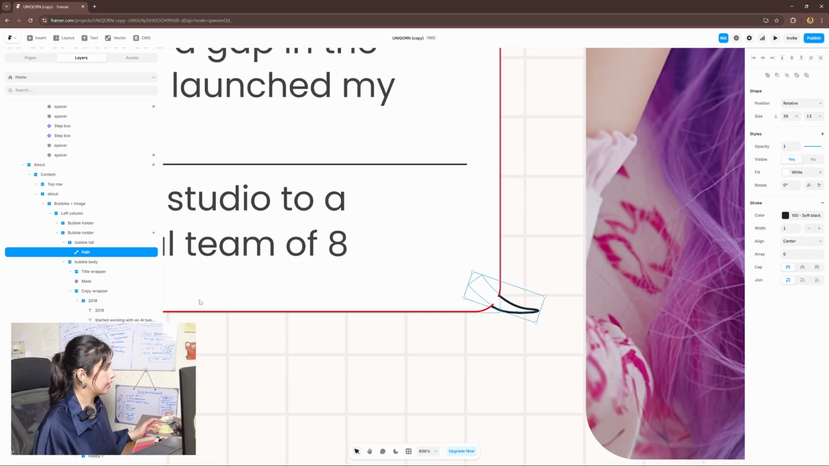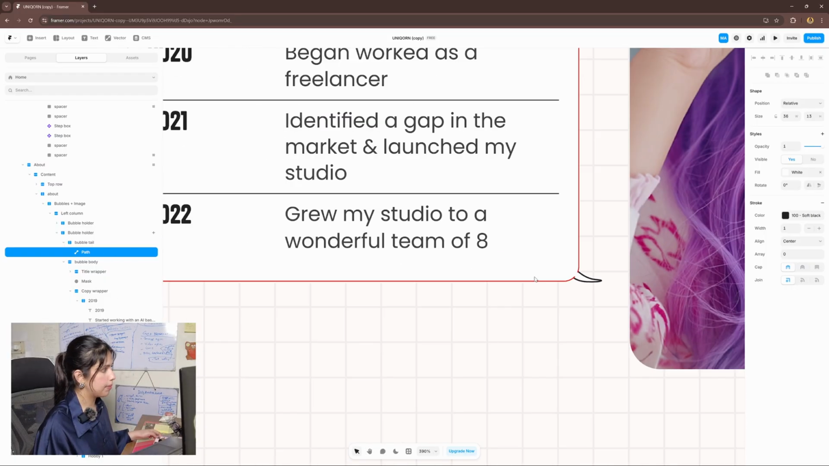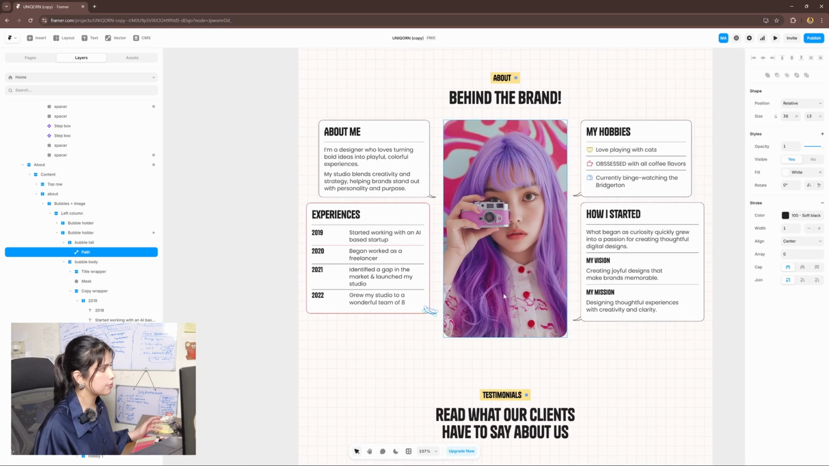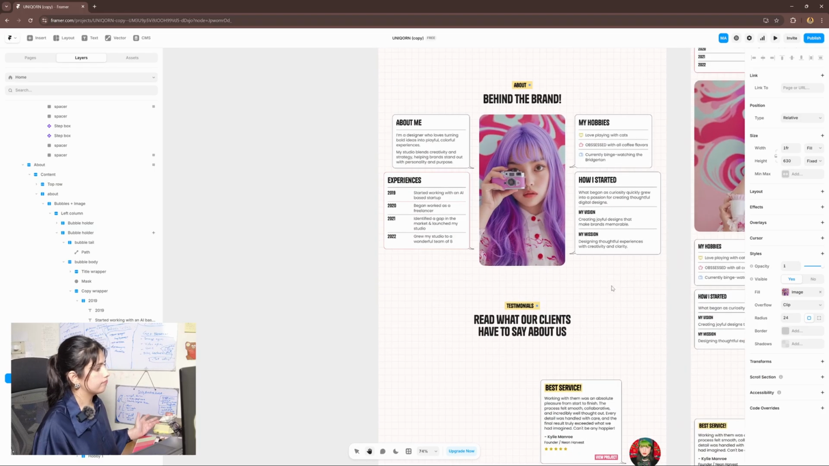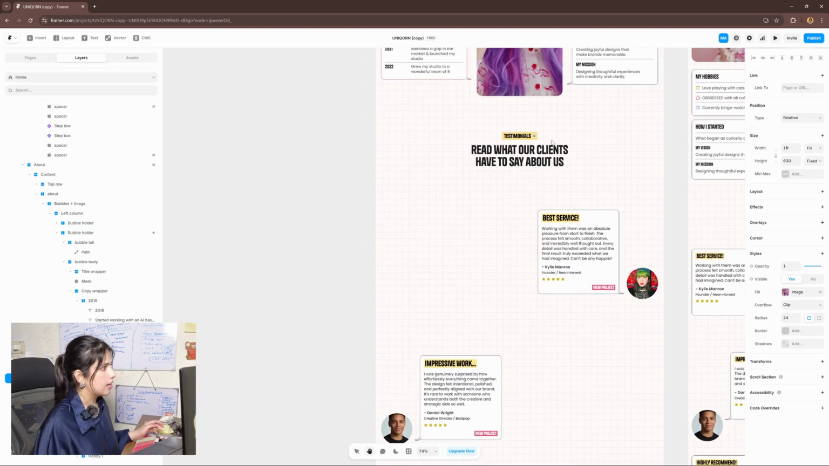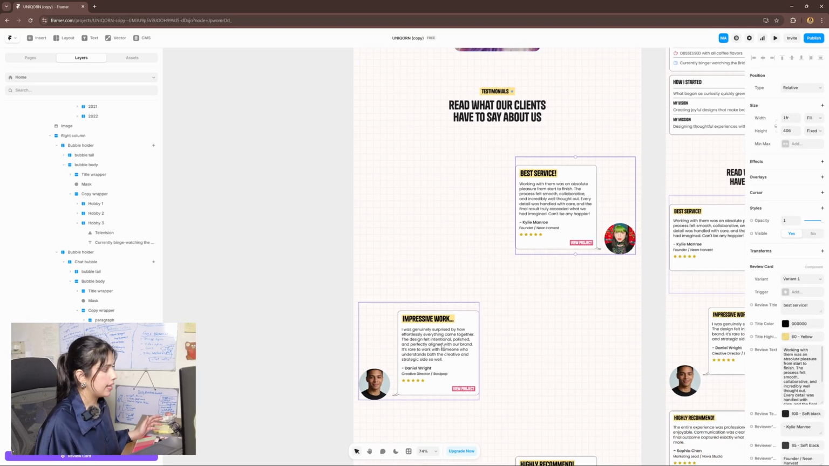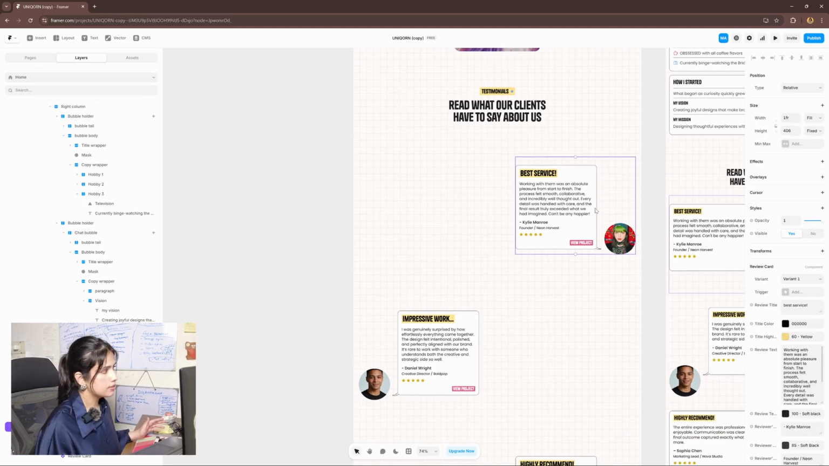And for the bubble tail, you can simply select the path tail from the layers panel on the left, and yeah, that is pretty much it. You can replace your image here, and that is basically it. Coming down to the testimonial section, you can click on any of these components just once, and you're going to